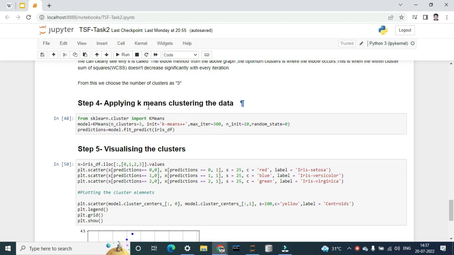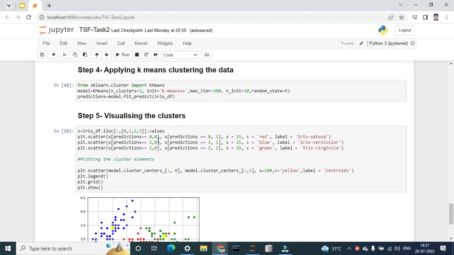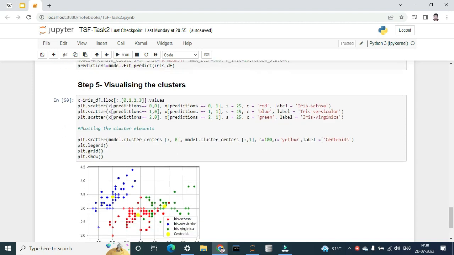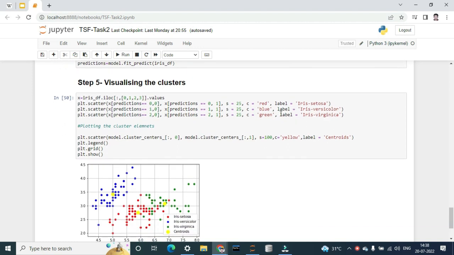Now comes step 4, applying k-means, that is clustering of the data. This is done by importing the KMeans module from sklearn.cluster. And then in step 5, we will be visualizing the clusters in 3 classes with different colors. As you can see, the first species Iris setosa is in red color, Iris versicolor in blue, and Iris virginica in green. And here we have plotted the cluster elements,